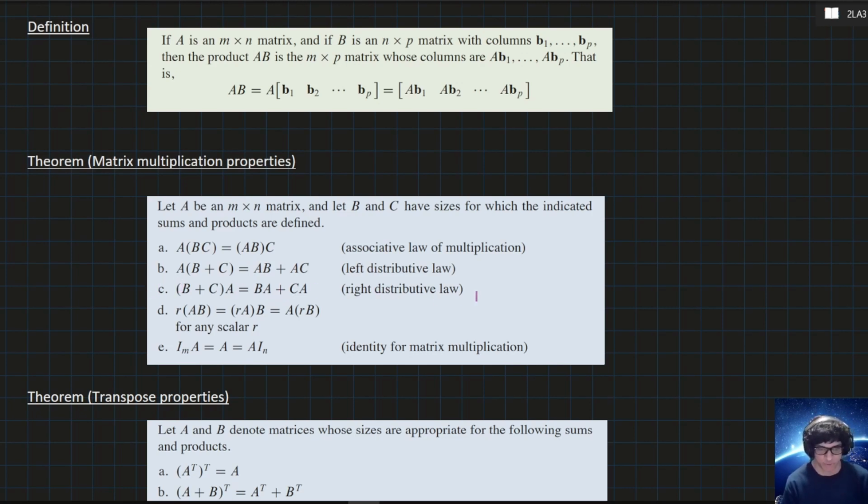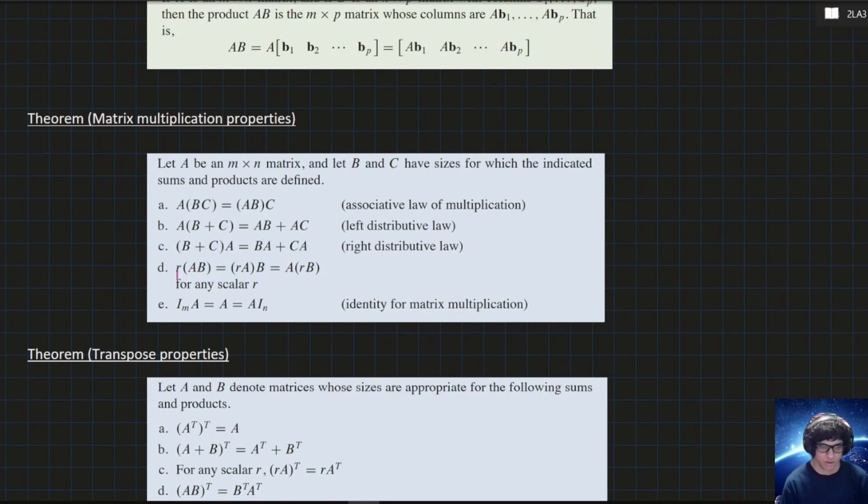So the right distributive law is saying the same thing, but on the right. If you have a sum here, B plus C, and you're multiplying on the right by A, then when you distribute it, you have to keep A on the right. So order matters when multiplying matrices. Part D is saying that if R is a scalar, you're free to move it around the equation,